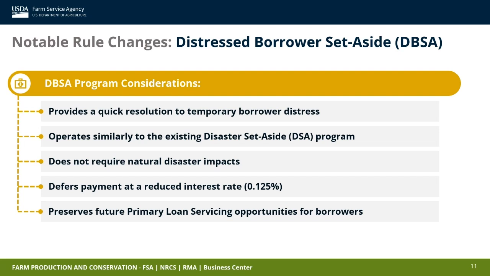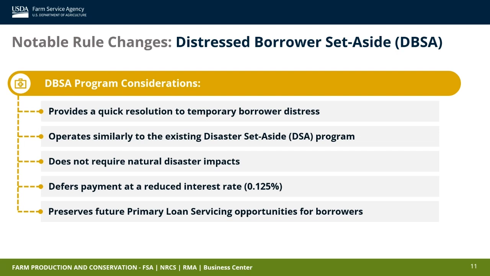You do need to be financially distressed, as demonstrated, just like you would for DSA or for primary loan servicing. So if you can't make the upcoming installment, now this DBSA may be a solution for a customer if all that is needed to resolve that distress would be deferring the payment to the end. That's not the solution for every customer. We understand that,